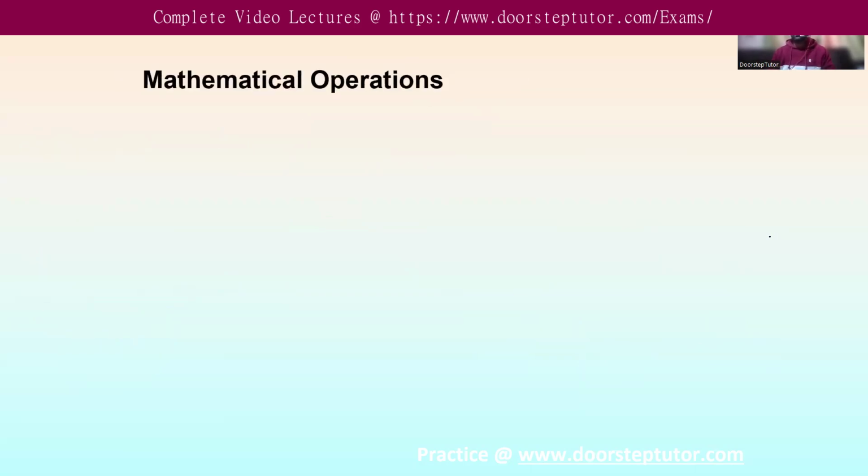Mathematical operations. What do we have? The different types of mathematical operations that we have to use to follow any particular condition. For example, we know that if we do 11 plus 12, we definitely say that 1 and 2 is 3, and 1 and 2 is 23. So this is called the addition operation. And similarly,